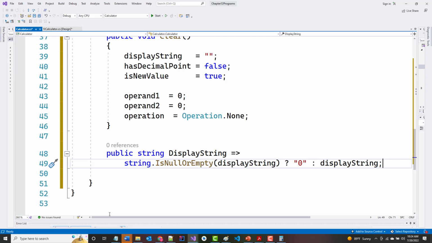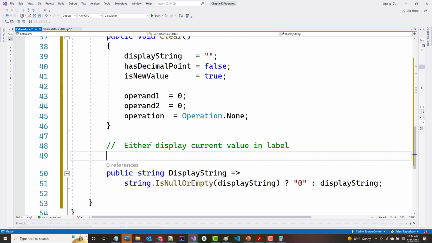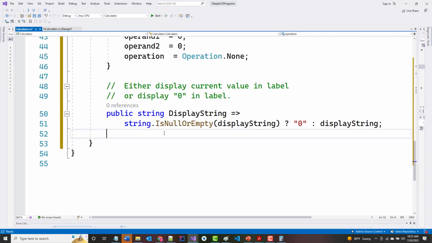Now we have to figure out what do we want to do here. In other words, as we go through this, what are we going to be doing? So this will either display the current value in label or display 0 in label. Okay. All right. I might be missing something here, but next I'm going to